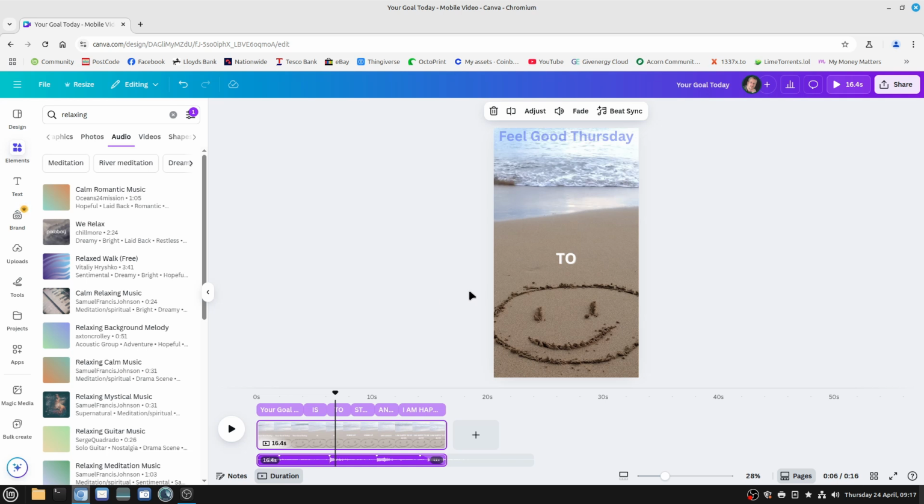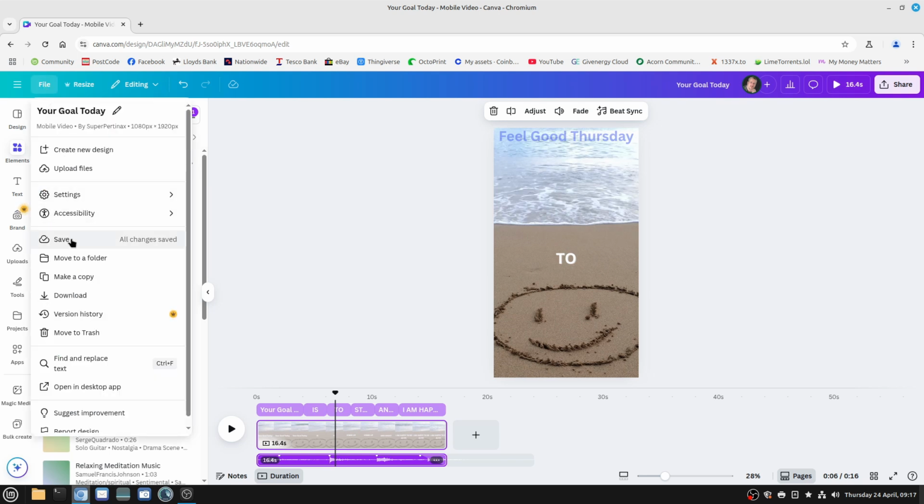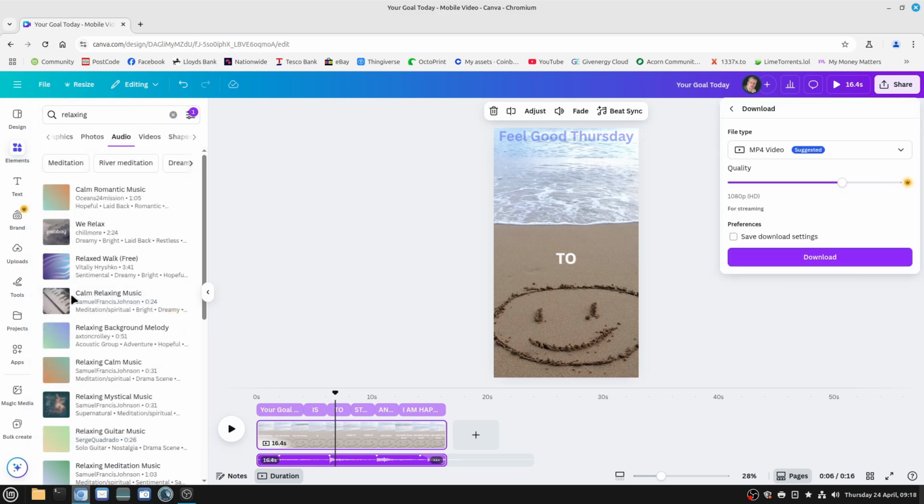So when we're happy with it, and if you wanted to keep this one, you can go up to here and say File Save, or I just want to download it. So I'm just going to go Download. And over here we've got the file type, it's MP4. It's going to do it in 1080p HD. For more quality, you're going to need the Pro version, but believe me, you saw it at the beginning of the video, there's nothing wrong with the quality as it currently is. So I'm just going to say download,